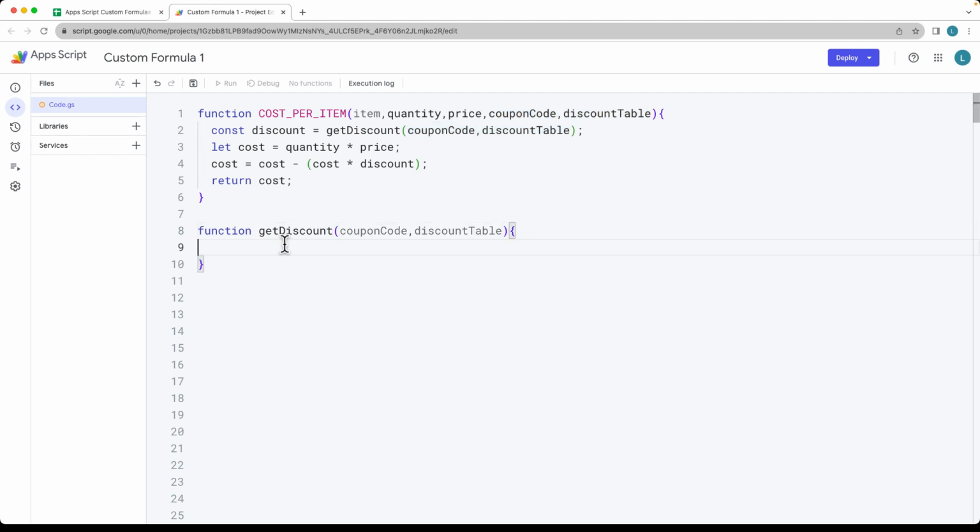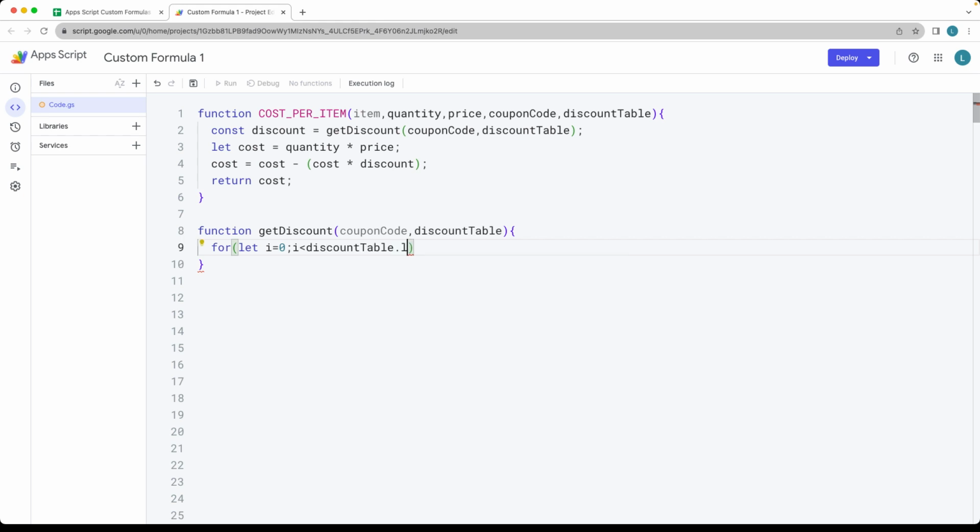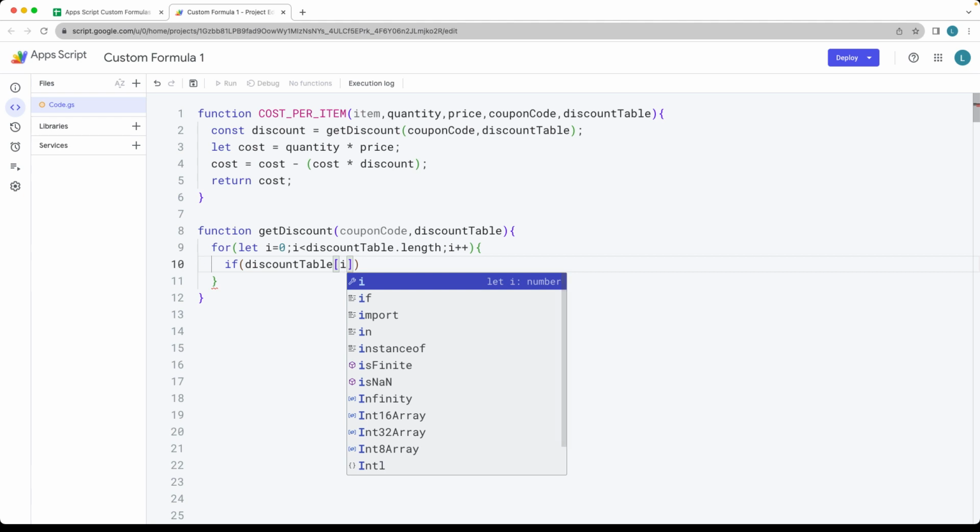This is passed into a helper function in case we need to use this function at a later part. So the discount table is going to be an array of values, and we want to loop through that array of values. So from the discount table, we get the length value, and then we're going to increment i plus 1. And then checking to see if the value within the discount table, and we're using the index value of i,